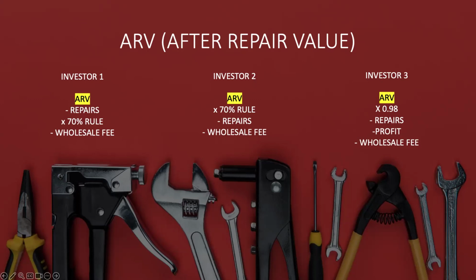And when it comes to finding those buyers, especially with the ARV, a lot of buyers are going to be calculating their numbers very differently across the board. Trust me, I've met a lot of investors. There have been some investors on these live events as well, and they all do the analysis and their due diligence very differently. I have three examples over here of three investors that I've met, and how they calculate a lot of their analysis and their due diligence whenever they're looking at a single opportunity.